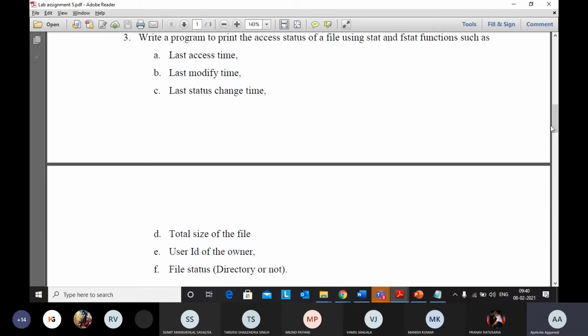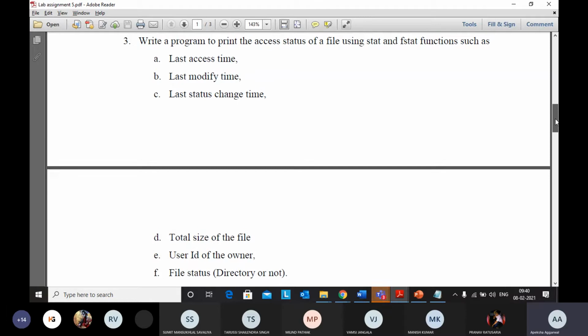Now first of all, whenever you create a file in your system, it creates along with the file a metadata. Metadata is nothing, it's just information about the file.